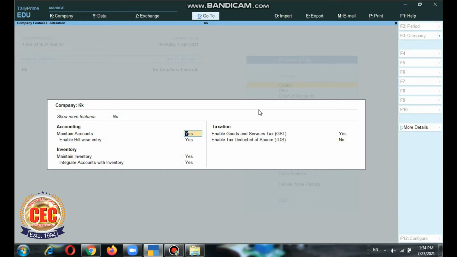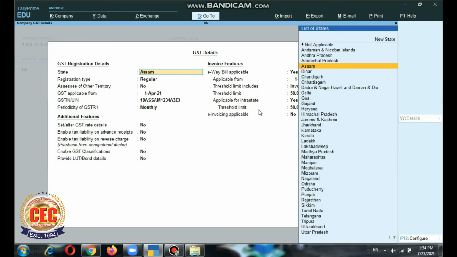To set up e-invoicing, we'll have to go to Enable Goods and Services Tax and set it as Yes, or if it was previously set as Yes, then simply press the Enter key so that the company GST details open up and we can fill the details in this window.